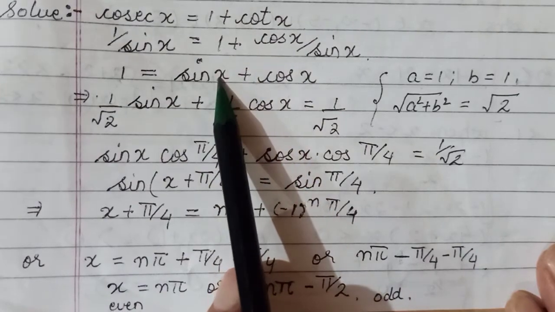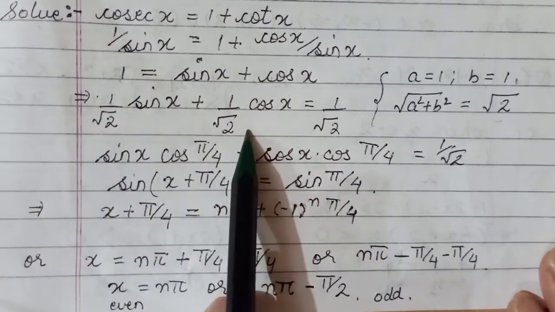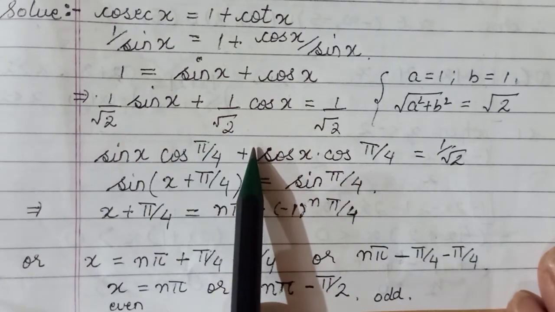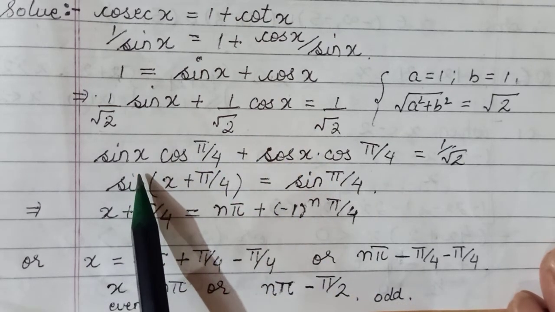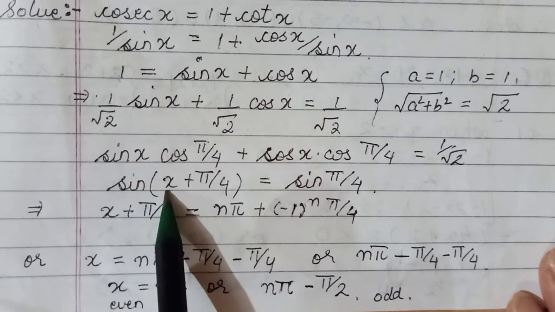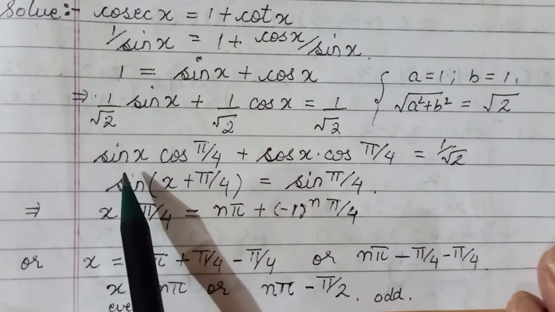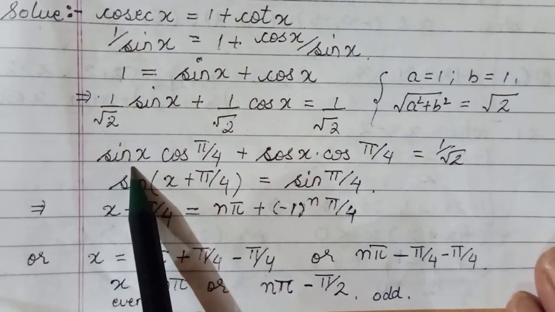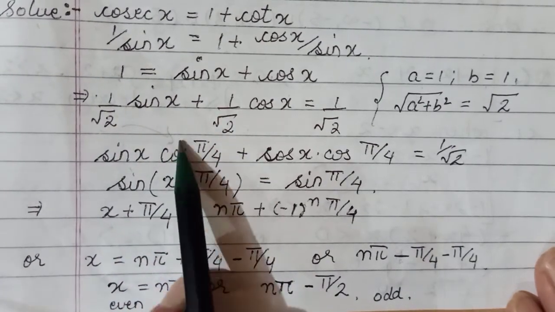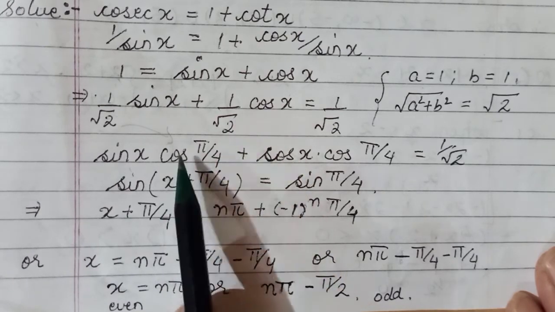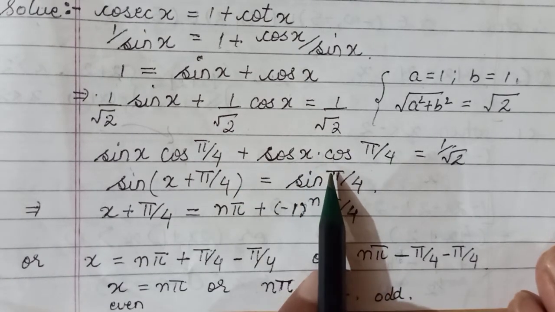So this becomes 1 by root 2 sin x, 1 by root 2 cos x, and 1 by root 2 on the other side also. Now 1 by root 2 is cos pi by 4 or maybe sin pi by 4. Earlier I did the result with cos, so here I am introducing the sin formula. Not necessary, you could have converted it to cos like we did above. Okay, so just for explaining, I have taken both the forms, both the formulas. So I'm writing 1 by root 2 here as sin x, sin x is as it is, 1 by root 2 as cos pi by 4. You could have written sin pi by 4 also. Likewise, if you write sin here then cos there, and if cos is written there then sin here.